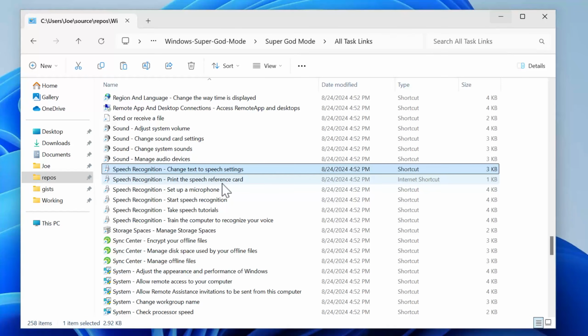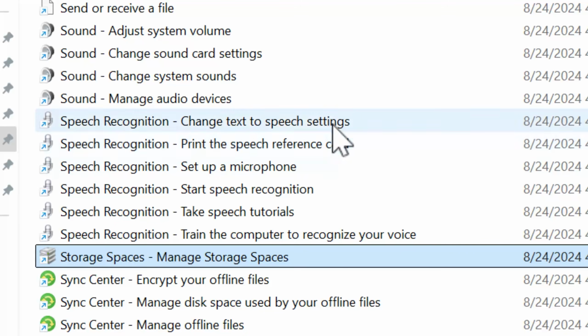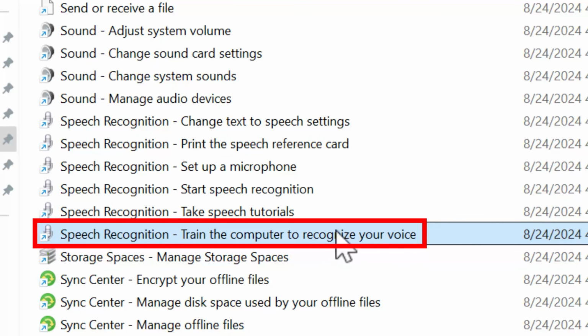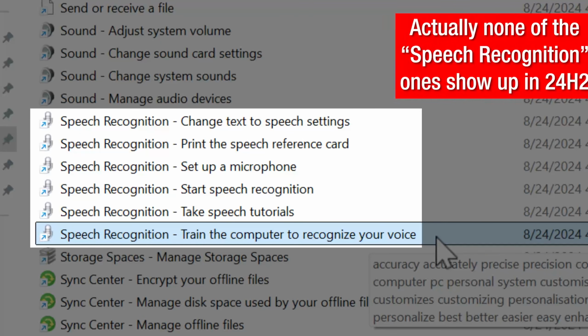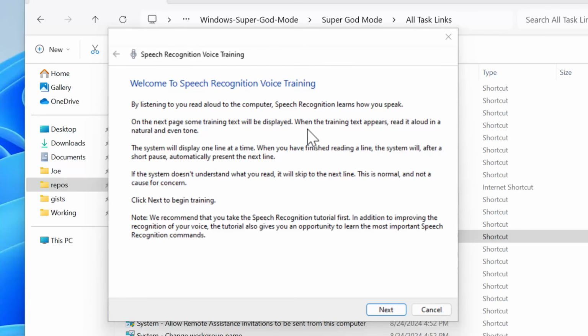So now you can see why, depending on your version of Windows, you're gonna see different links. It's because this .mun file is updated just like any other Windows file, and as far as I know, this thing is hand edited by Microsoft employees. And just so you know, that also means that there are conceivably tasks that exist but might not actually be listed in here by Microsoft, like if they chose not to include it for some reason. For example, my virtual machine, which is on the Windows Insider developer channel, actually has a task called train computer to recognize your voice, which is not in the Shell32 task list on my main computer running the newer 24H2, though the command still does work.